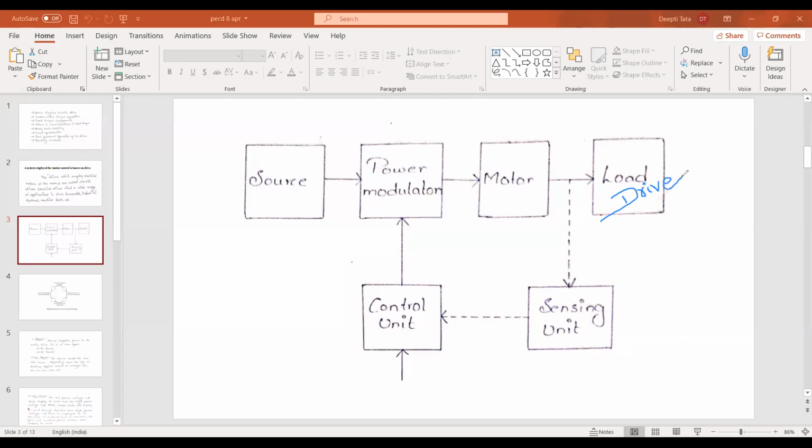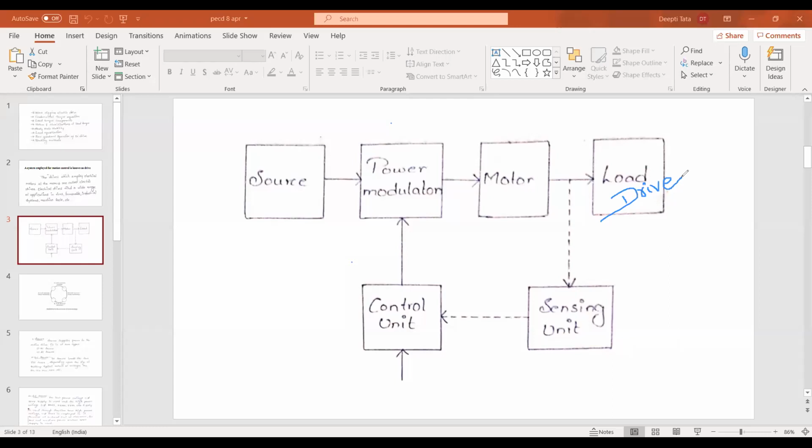What is a drive? Drive means just a system which is going to be moved. That is a drive, a connection of some specific components which is going to rotate or move. For example, in your control system you have studied two topics. One is the translation system, another one is the rotational system. Is it clear to you?